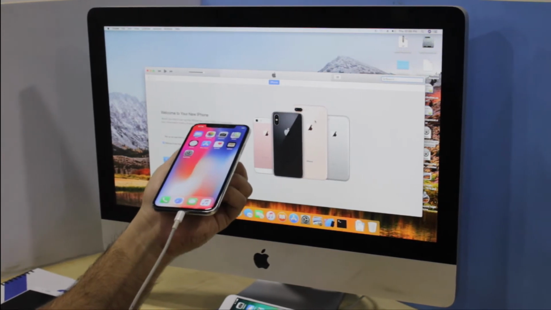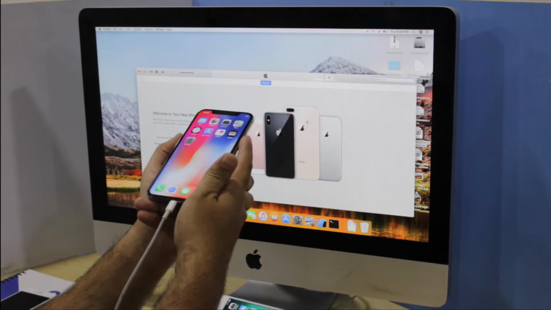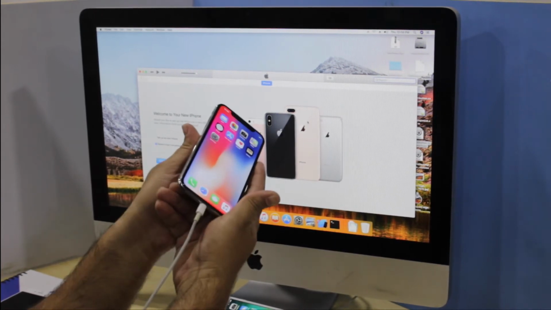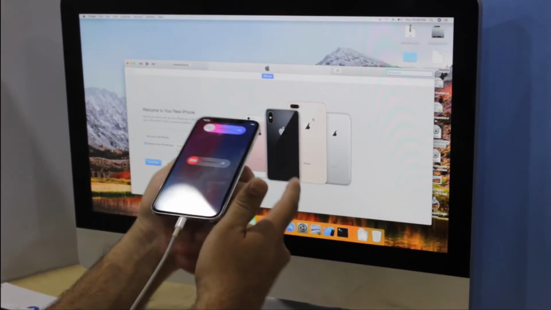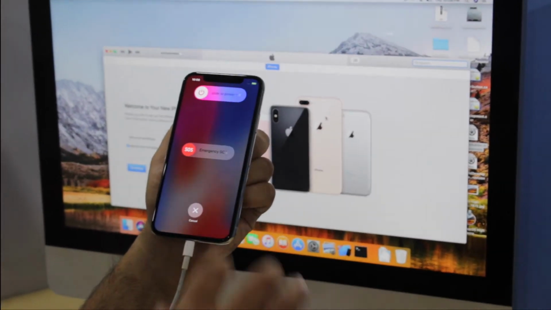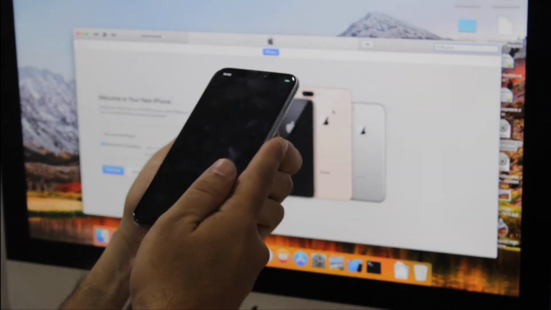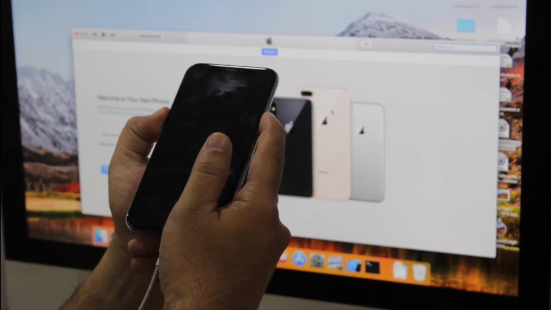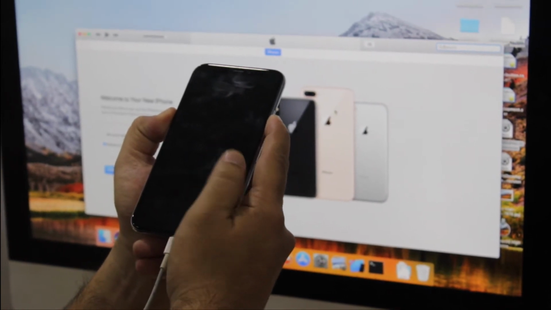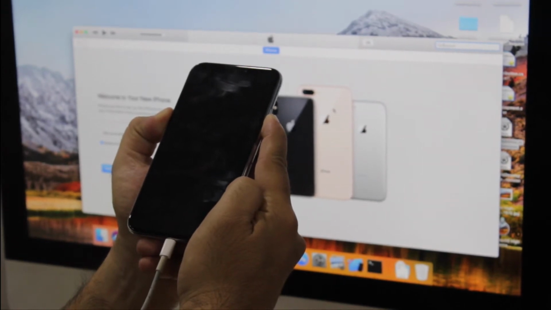To do that, press the power on/off button and the volume down button to turn off the device. I'll be turning off the device now. Then press and hold the power on/off button and the volume down button until you get the iTunes logo.